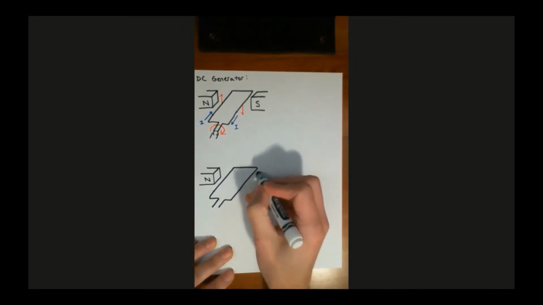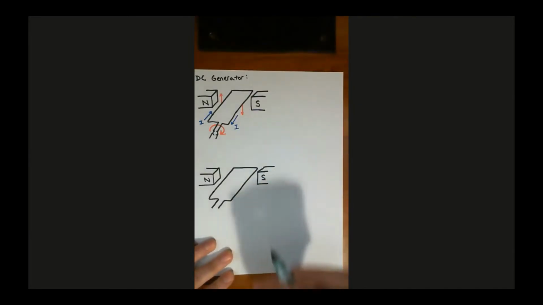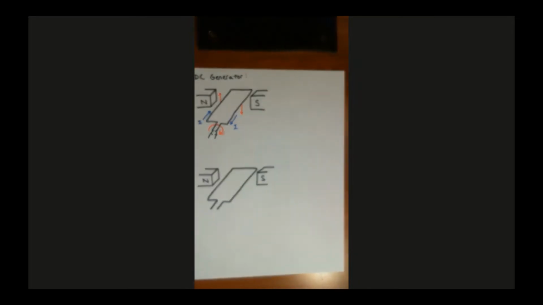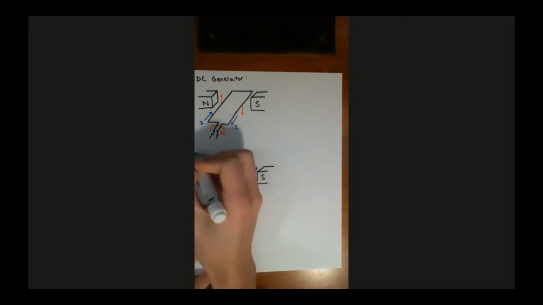And then I've got my south pole over here. All right, and before, what we had as an input, we had the motion. We had some kind of a turbine spinning this armature inside the magnetic field. But now in a motor, let me label this DC